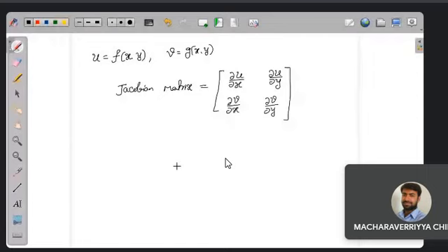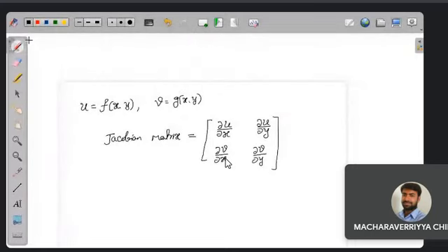Okay. Maybe before discussing the Jacobian matrix, we must talk about a transformation. I hope we already discussed what are linear transformations, right? So linear transformation. Okay. So for a linear transformation, if you see its matrix representation, that is nothing but a Jacobian matrix. See, for example, if I have a linear transformation from R2 to R2,